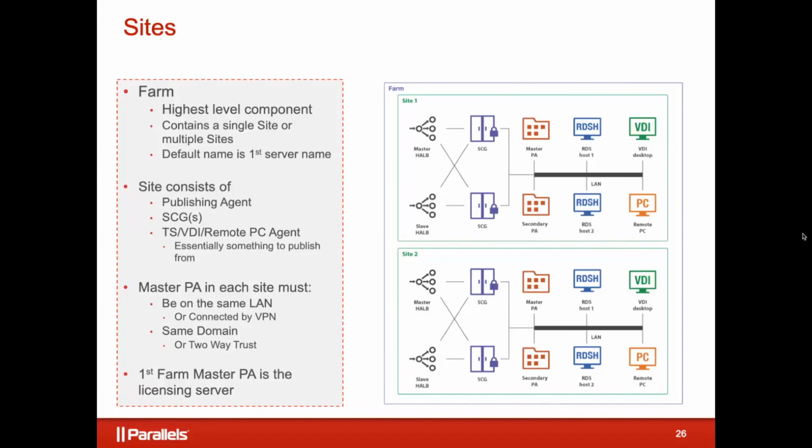But the master publishing agent in Site 1 is the licensing server, which means that the secondary site has to have pretty good network connections, or at least reliable. They don't have to be hyper fast, but at least reliable, from at least the publishing agent servers. The master and secondary publishing agent need to be able to reliably talk to the master and secondary publishing agent on Site 1. Otherwise, you're going to have that kind of promotion and demotion going back and forth all the time, which is not really ideal. So you want at least a stable connection between all the publishing agents in multiple sites.